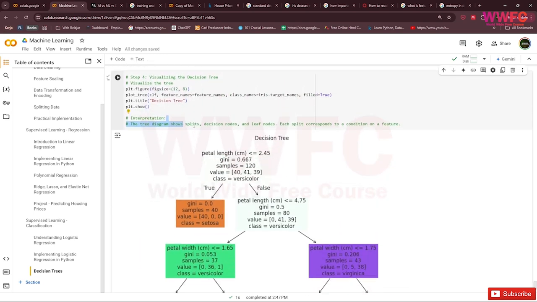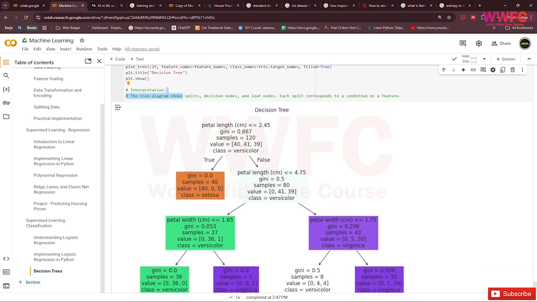The tree diagram has split decision nodes and leaf nodes, and each split corresponds to a condition on a feature. If petal length is under 2.45, then true, it is setosa.